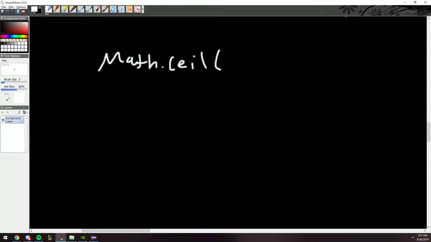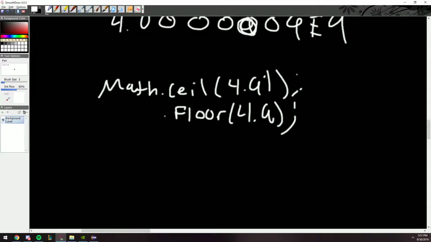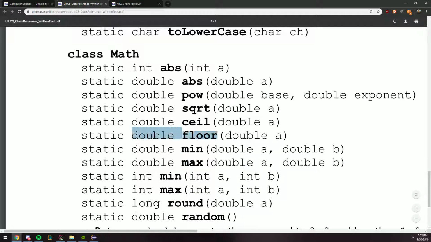The next one's called double. The next one's called floor. I don't know why I said double. Math.ceil of 4.9, and then there's also math.floor of 4.9. Okay. And all this will do is go up to the next integer, and floor will go down to the next integer. So floor will be 4, and it's going to return, for some reason, 4.0, which is really confusing,